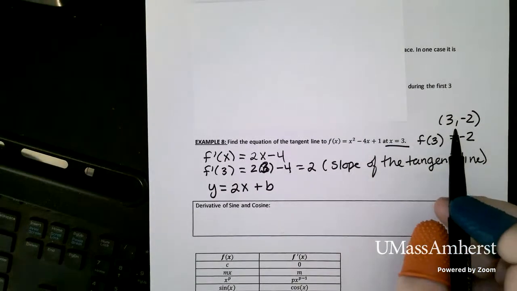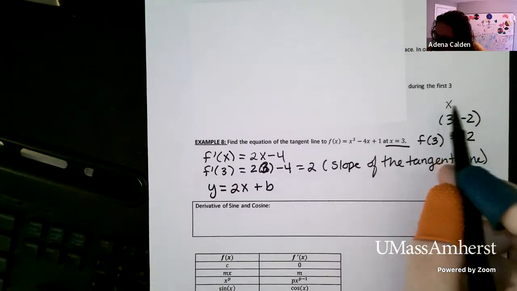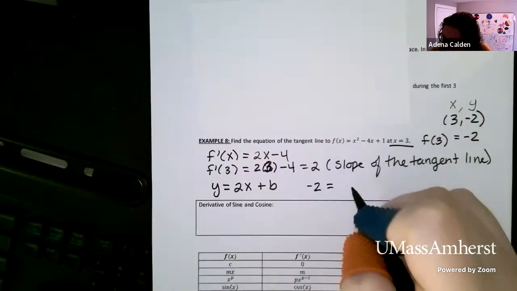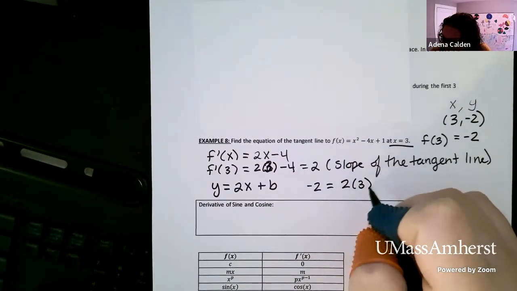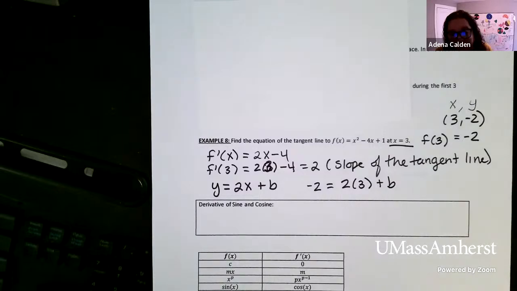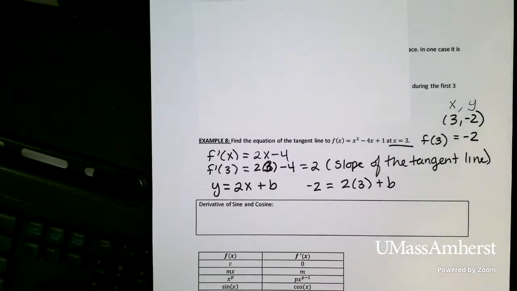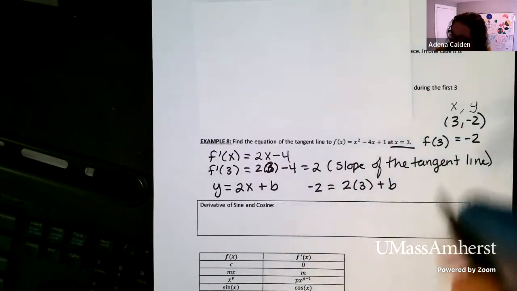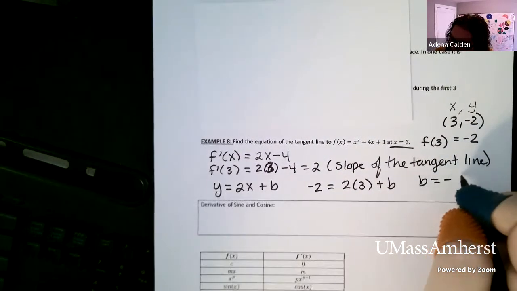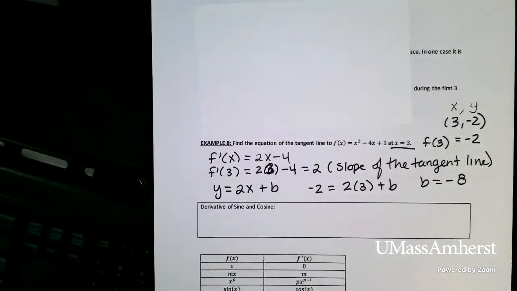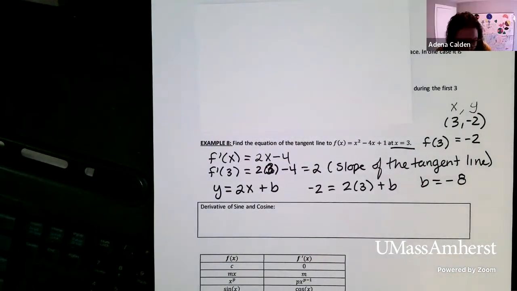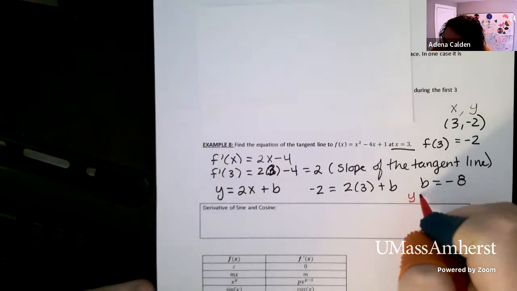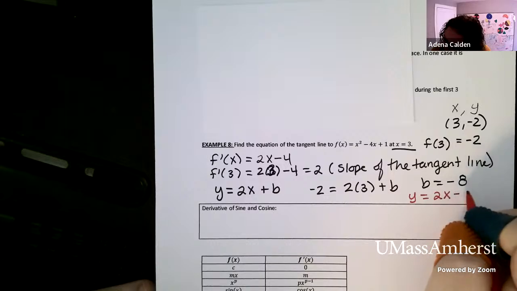So if I plug in 3 for x and -2 for y, that will allow me to solve for b, right? So here, 2 times 3 is 6. I subtract 6 from both sides, and I get b equals -8. So what that means is that the final equation of my line is y equals 2x